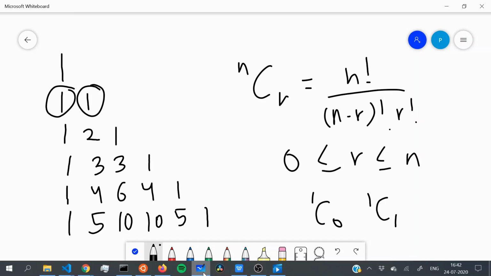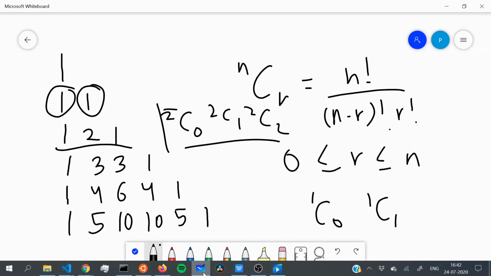Now if I choose this row over here, then the consecutive columns can be written as 2C0, 2C1, 2C2. And we'll get all of these numbers from just this right over here. So there we go. We found a generalizing pattern.